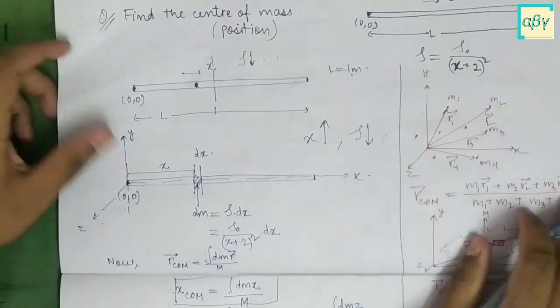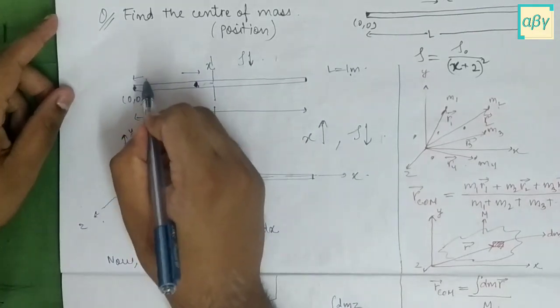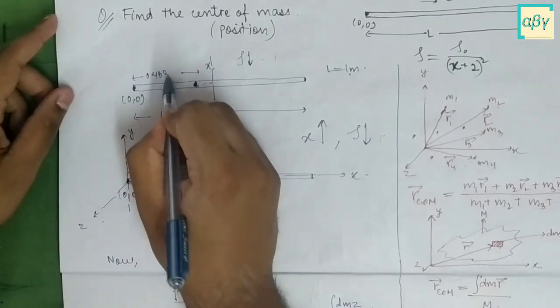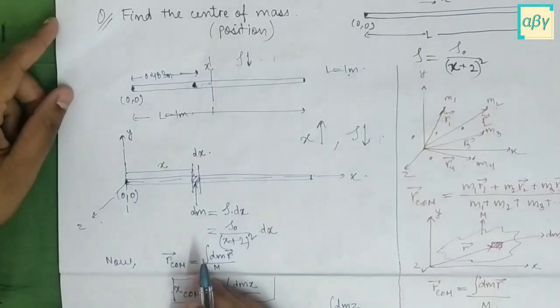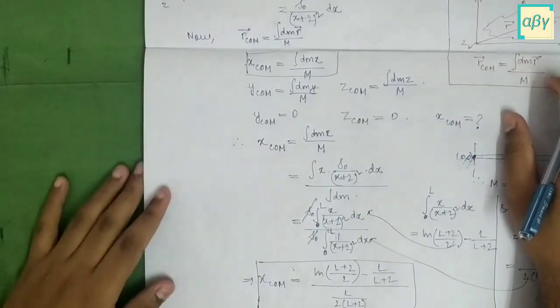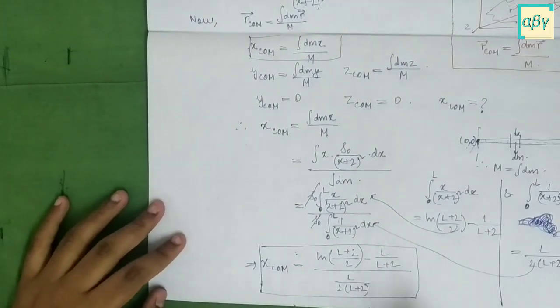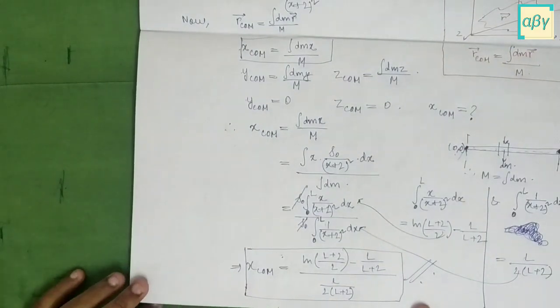And as I had conjectured, the center of mass shifts towards the left. This distance is 0.433 meters, provided the length of the rod L is equals 1 meter. So this shows that the derivation of the x coordinate of the center of mass is a correct one. So this was the problem which I brought for all of you.